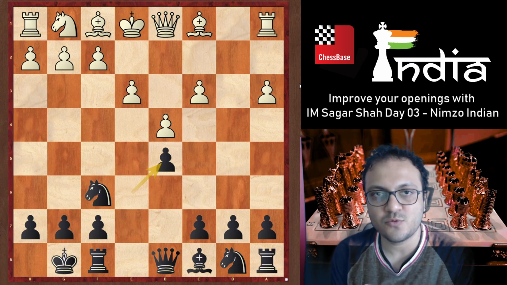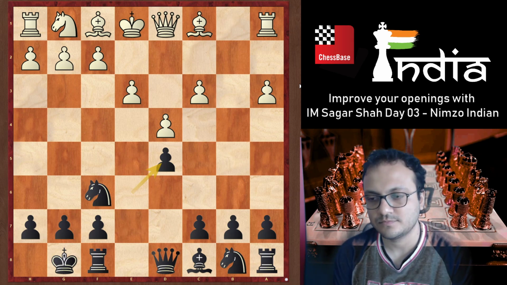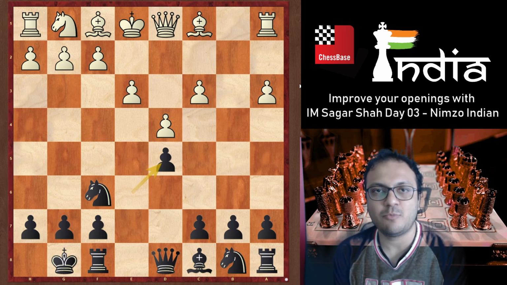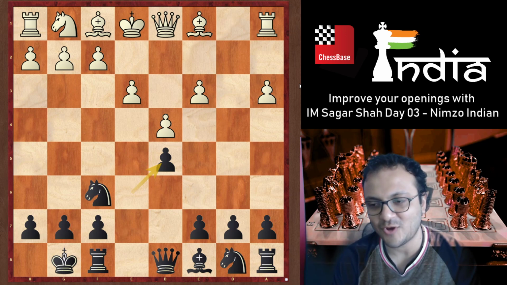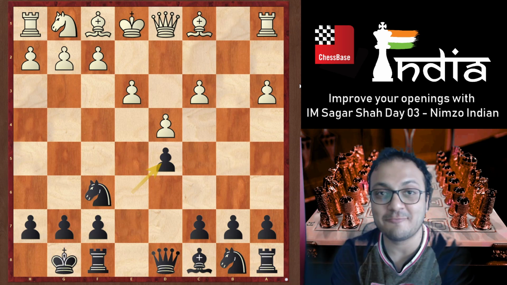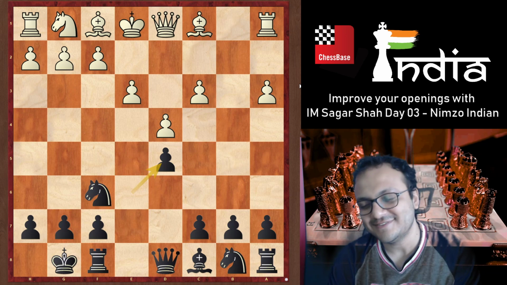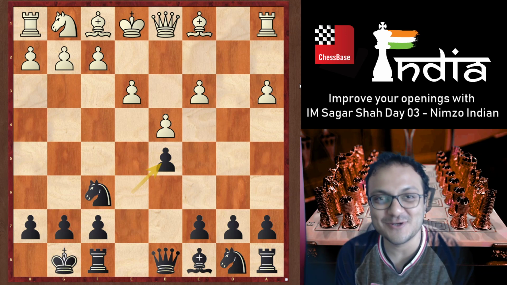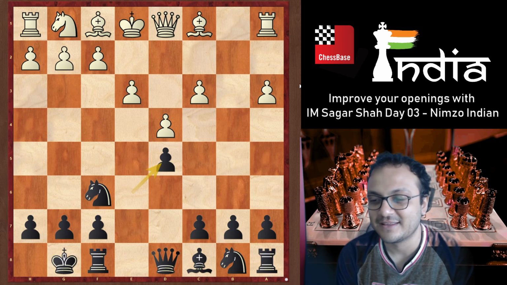What should I play here with white? Let's see if you can play like Botvinnik here. Or you can play like Sagar, whatever you like. If you're a Botvinnik fan, play like Botvinnik. If you are, well, not fan, but say a student of this class, Sagar student, then you can also play like me. White to move.